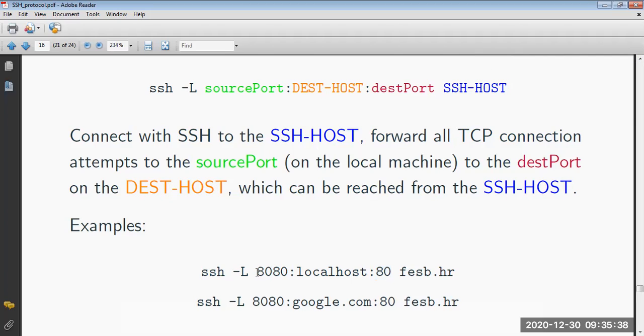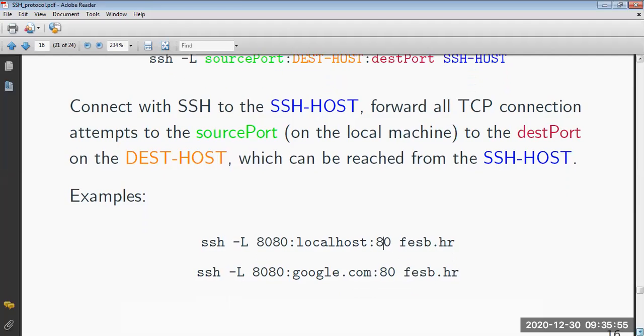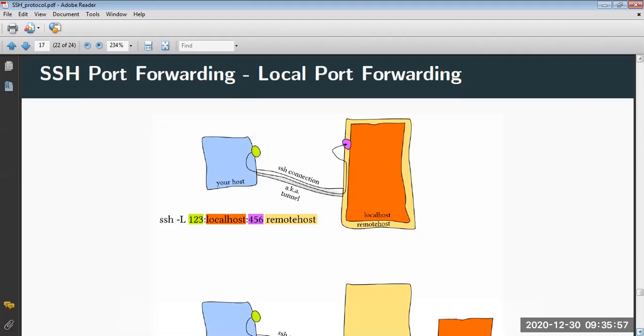This is the source port. You can see 8080. Then we have destination host. That is the localhost. फिर we have destination port जहाँ पे उसको जाना है, तो that is the port 80. Clear? Then we have SSH host. That is fesb.hr. ठीक है? तो इस तरीके से हमारा then we have SSH port forwarding और local port forwarding जो अभी हम लोग डिस्कस कर रहे थे।